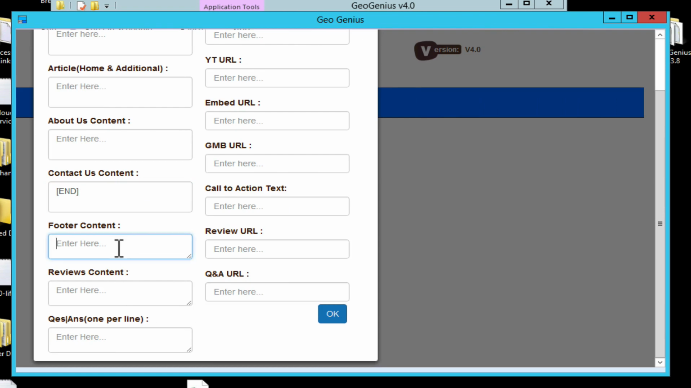Okay, then you've got footer content. Now this is a new thing that we've added. Okay, this is going to be added to the footer of the home page, and then consequently onto all of the other pages. So that is for your NAP. Very important, your name, address, phone number, and make that exactly the same as it appears on your GMB and on your normal website. And if you don't have a normal website, on your .business website. Okay. All right, this is where you'd put the review URLs in,